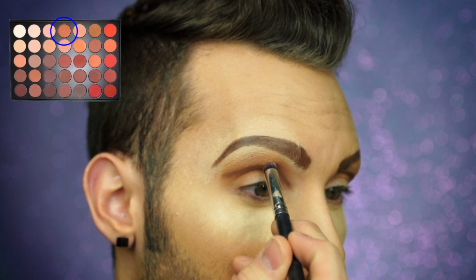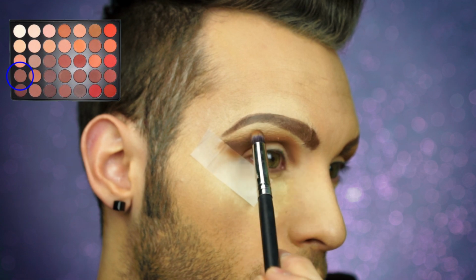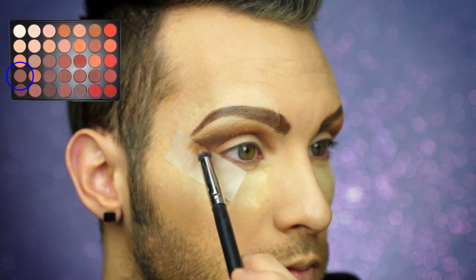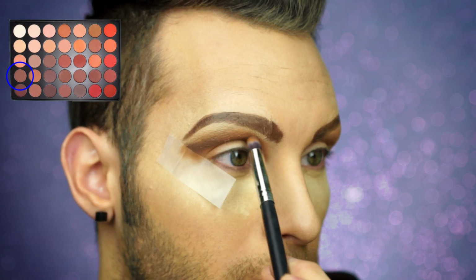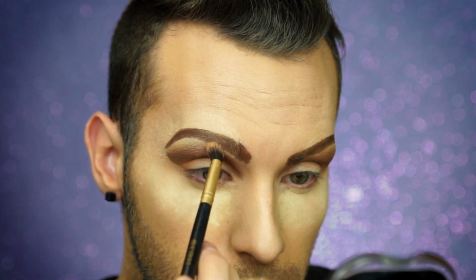Now I'm placing a piece of tape from the bottom of my eyebrow to the outer eye, and with that same pencil brush, I'm taking this brown and starting at the tape and kind of ombreing it in. I want the darkest shadow on the outside and then have it fade towards the inner eye. And then I'm just gonna blend all of that out with a clean brush before going in with the 35OS